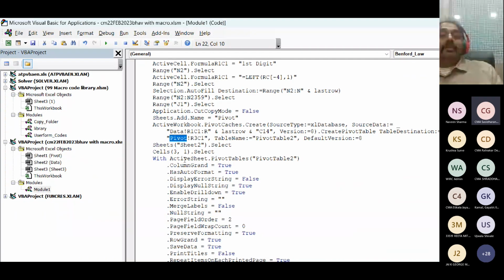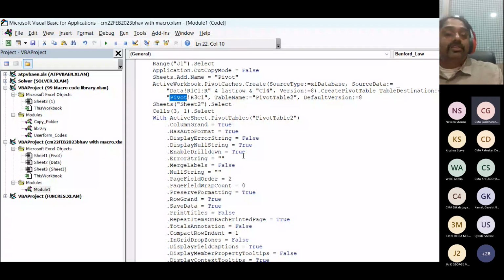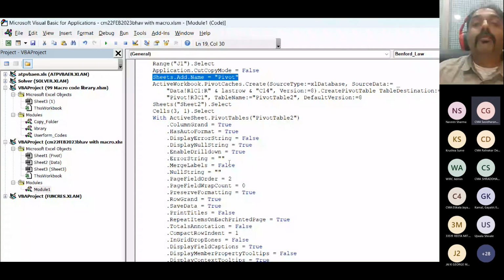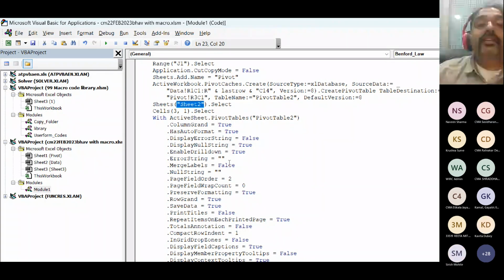Okay. Next is Sheets Sheet2.Select. I've got this Sheet2.Select. Just a moment, I just connect the charger. So my next command is Sheet2.Select, but hold it. If you are going to add with the name Pivot, then in that case you won't have this Sheet2, right? So you copy this word Pivot,